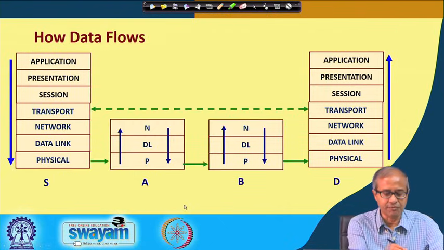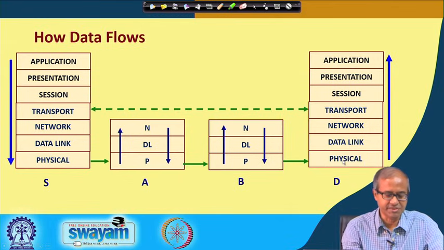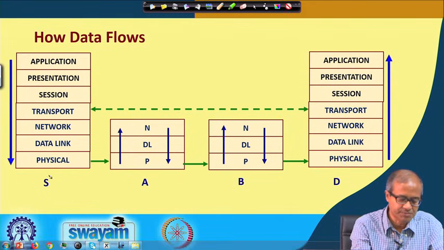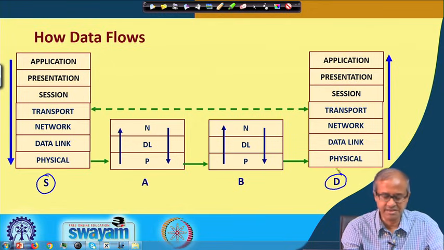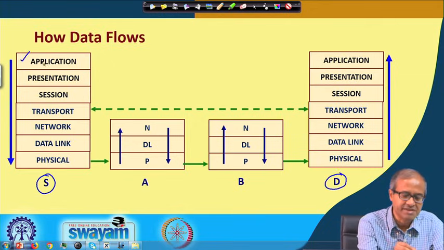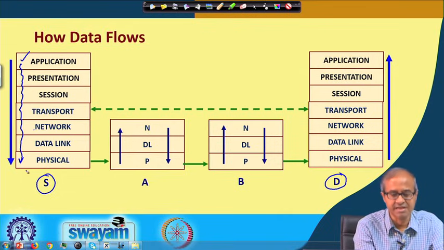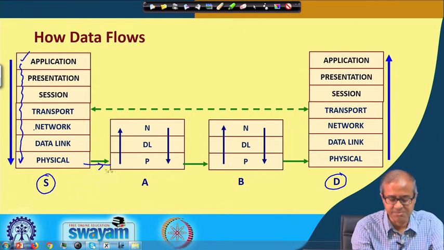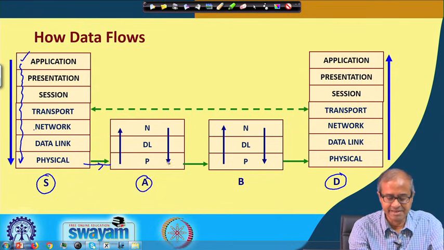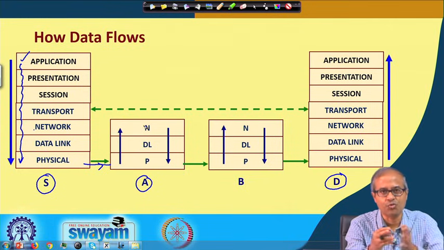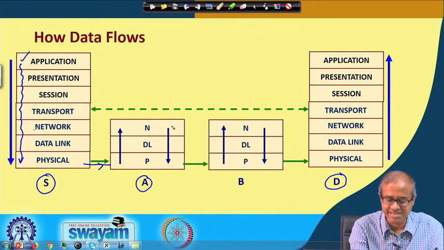Now, the way data flows can be clear from this picture. You see, this is the source, this is the final destination. The data starts from the application, it flows through these 7 layers, application to presentation to session to transport, network, data link, physical, and once it reaches the physical layer, it actually gets physically transmitted to the next node A. In the next node, it goes to the data link layer to check whether there is any error, to the network layer to check where to forward it next. Then it takes the decision, again comes back to the physical layer and forwards it to the right next node,